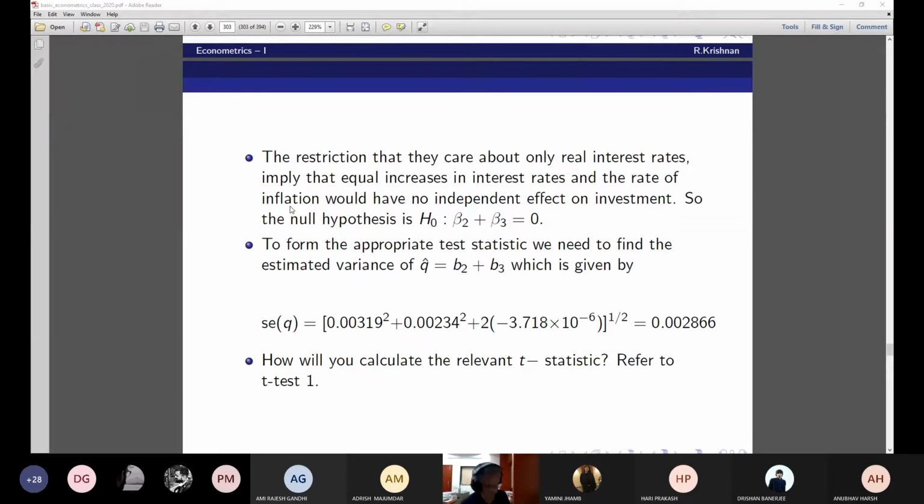Now, should the null be accepted or rejected, from the T-stat? Sir, we failed to reject the null hypothesis at 95%. Yeah, because the T-stat is slightly less than the 95% critical value of 1.96. That is the standard normal value. So we conclude the sum of the two coefficients is not significantly different from 0. The null hypothesis need not be rejected. It may not be rejected.